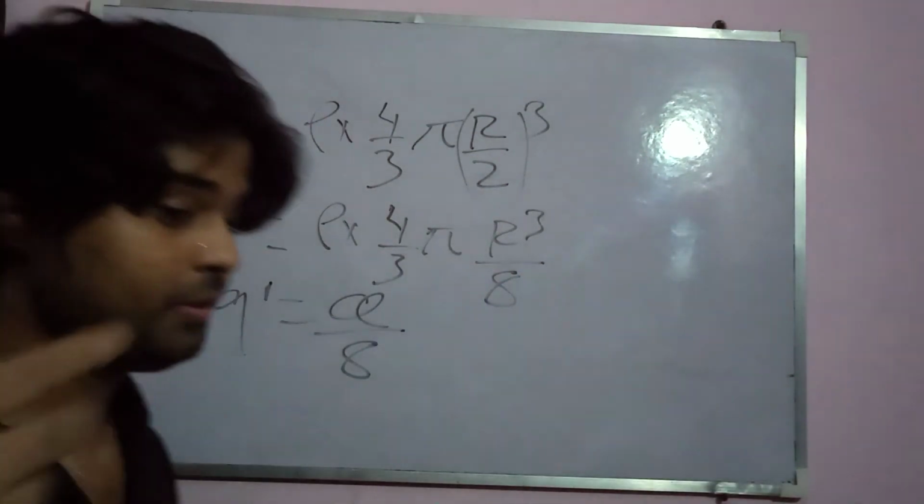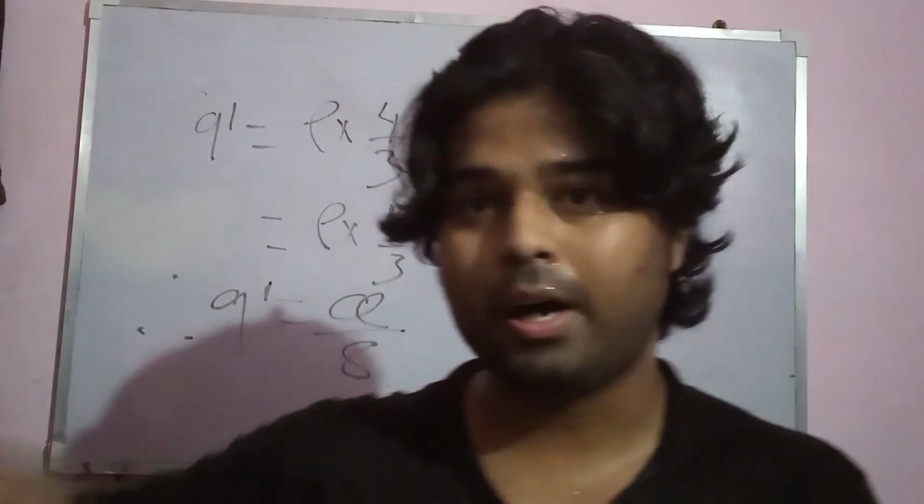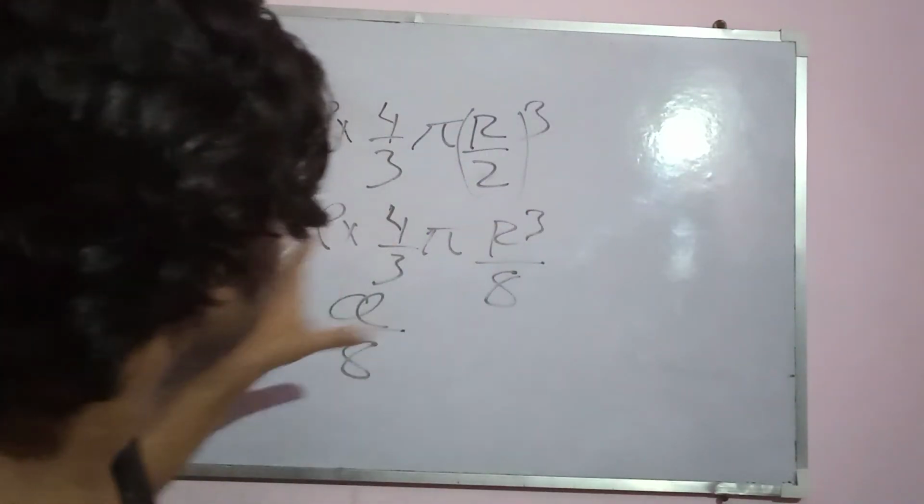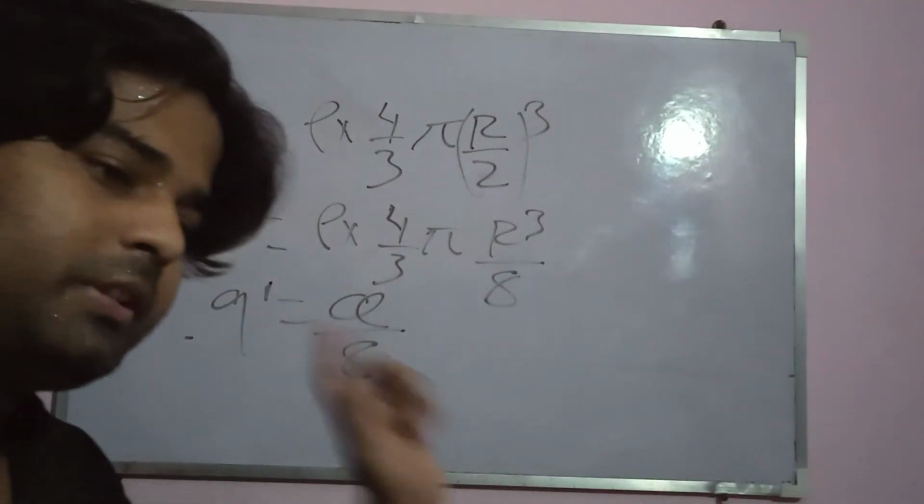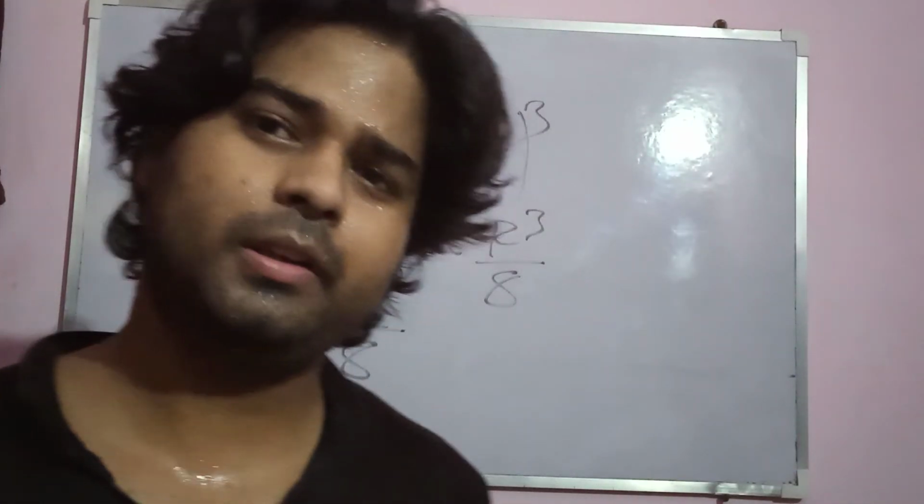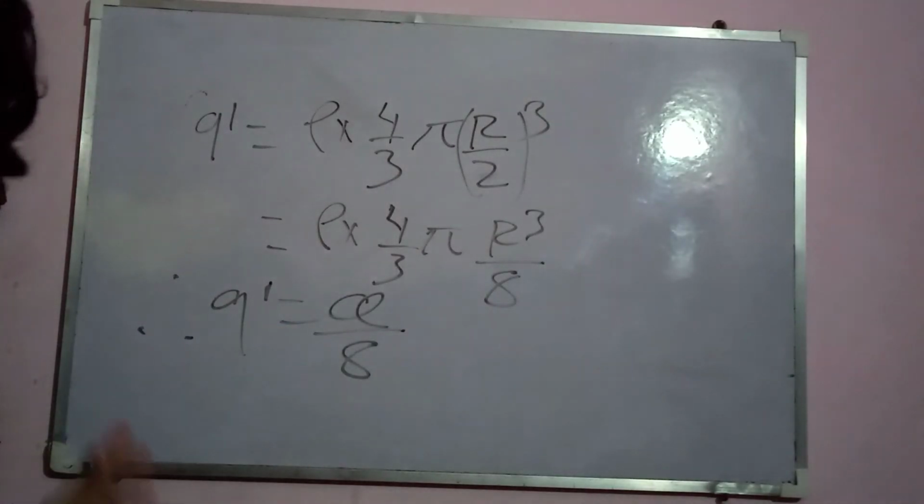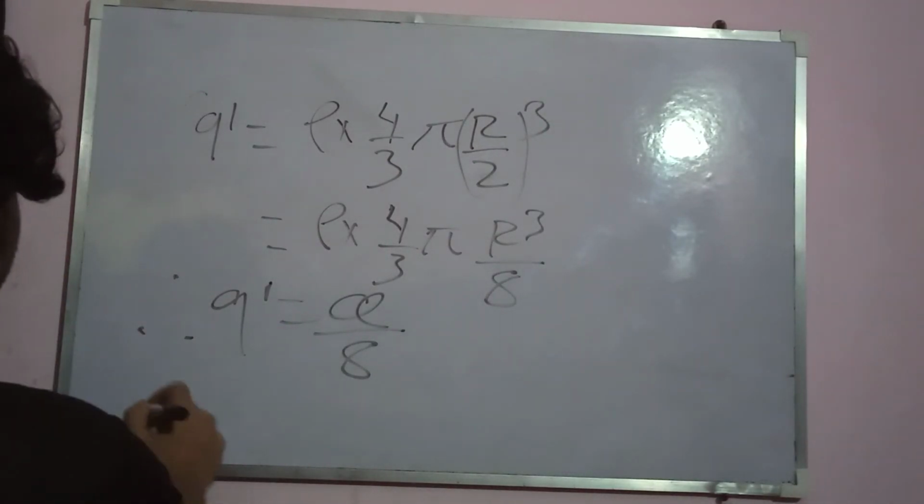And put this value to calculate the force by the smaller sphere on Q. And then my job is to find the force by the actual setup on the point charge: the force by the bigger sphere, subtract the force by the removed part, that gives you the force by the actual setup. See, Q dash is equal to Q by 8. Therefore,